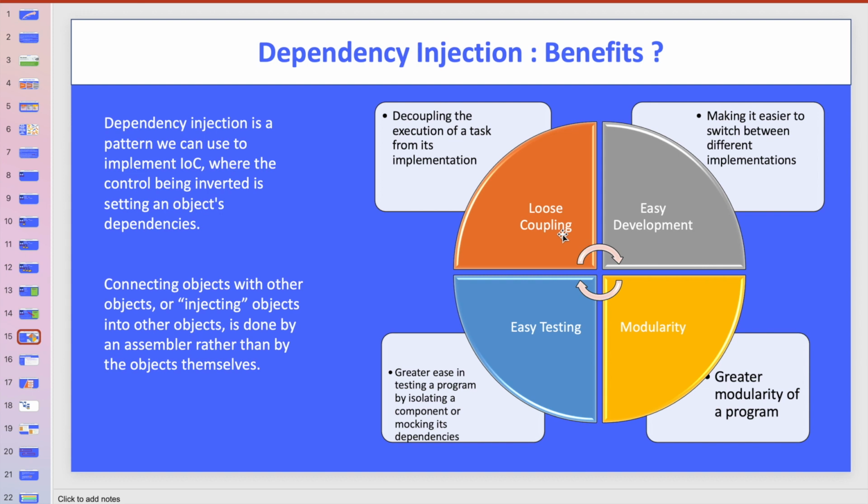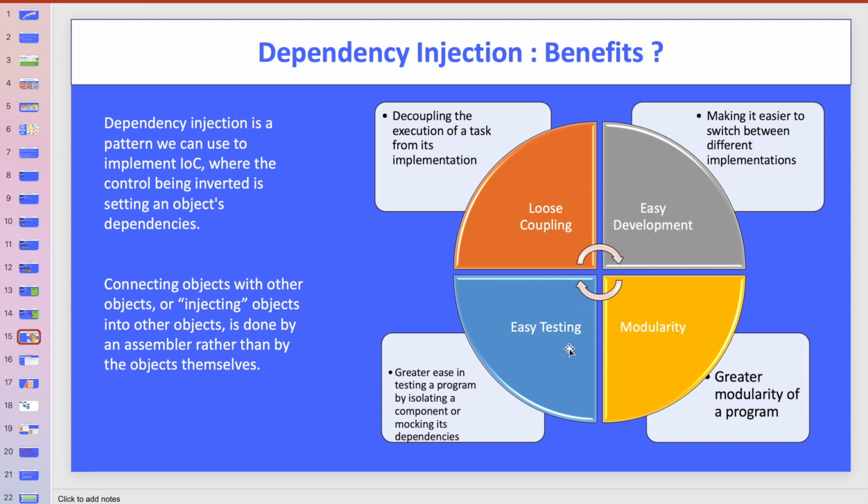In between that, our dependency injection would be there. So if you change one thing, it will not impact the other one. Easy development, because the developer has to focus on the business logic, not on how to customize the object or the class or how to change the code. Nothing, it is easy development, right?